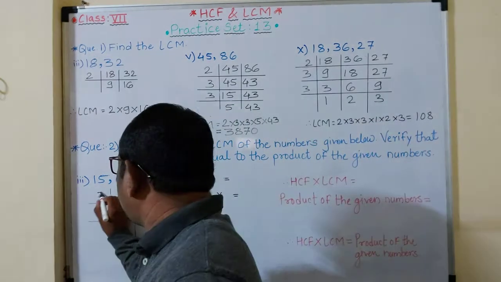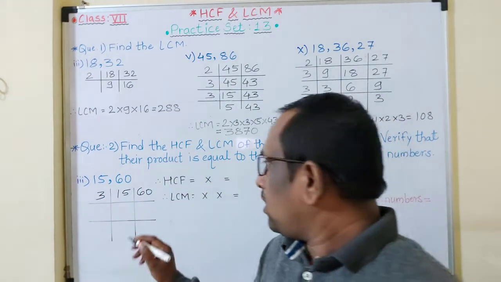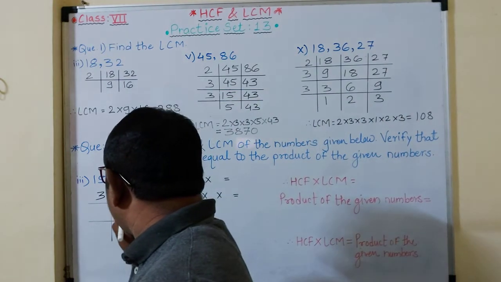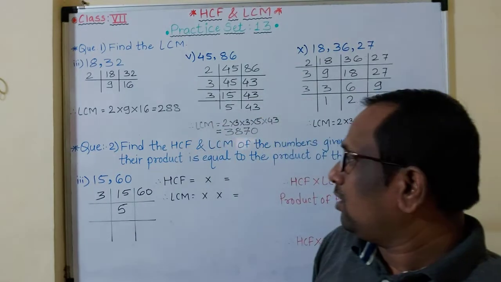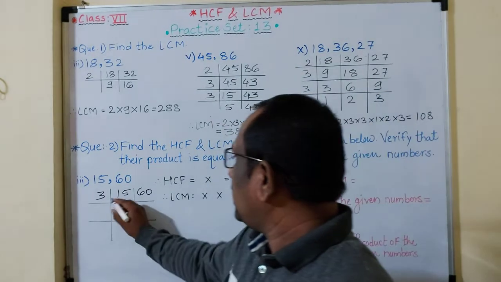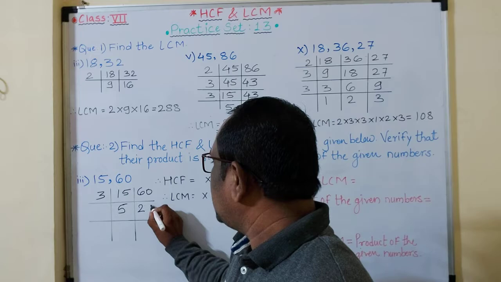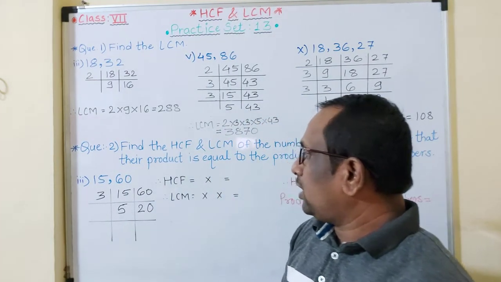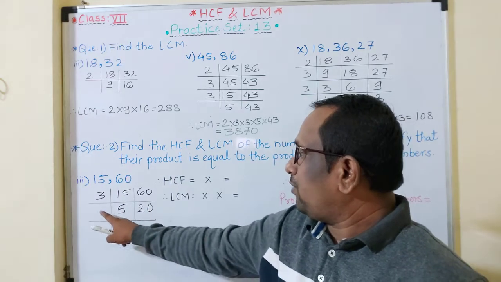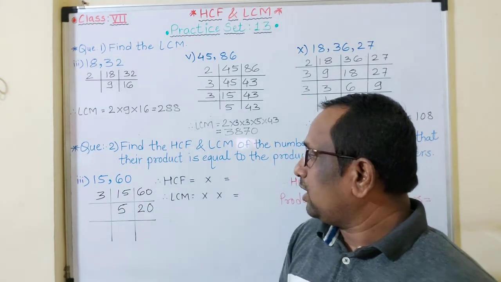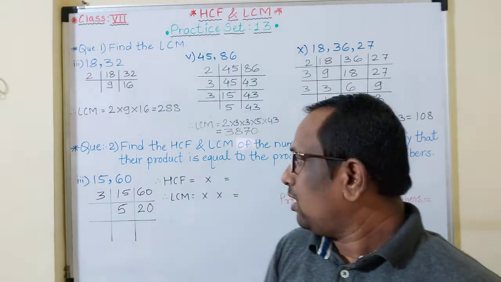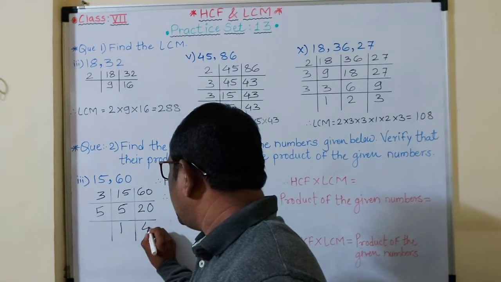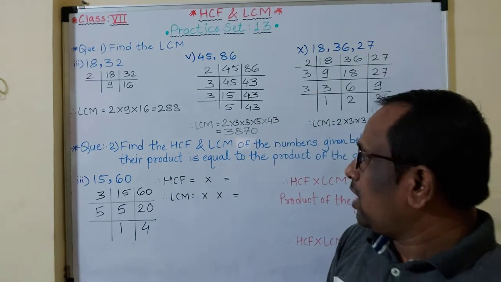Okay, so now 3 ones are 3, 3 fives are 15. Okay, then again 3 twos are 6 and 0. Okay, now students, 5 and 4. 5 and 20, that 5 and 20 is divisible by 5. 5 ones are 5, 5 fours are 20. Okay, now